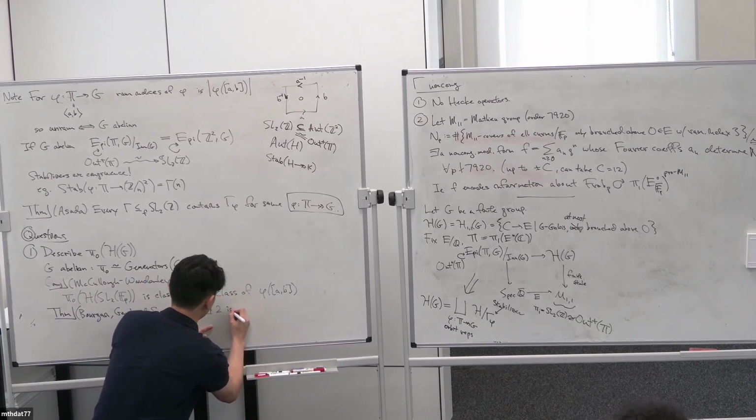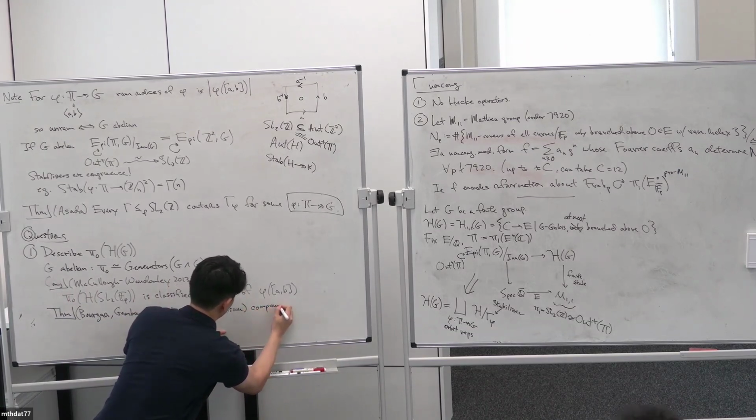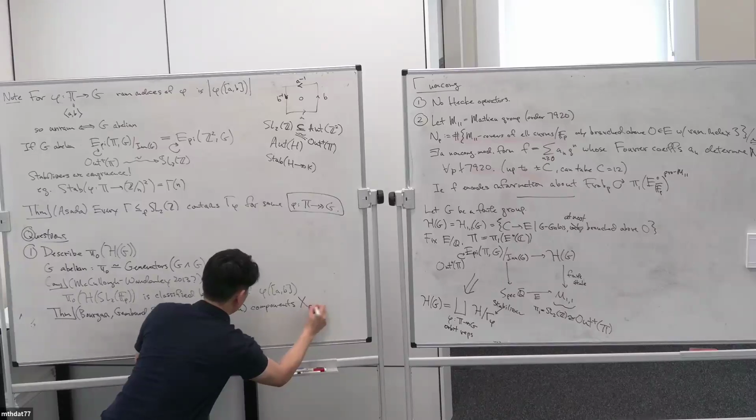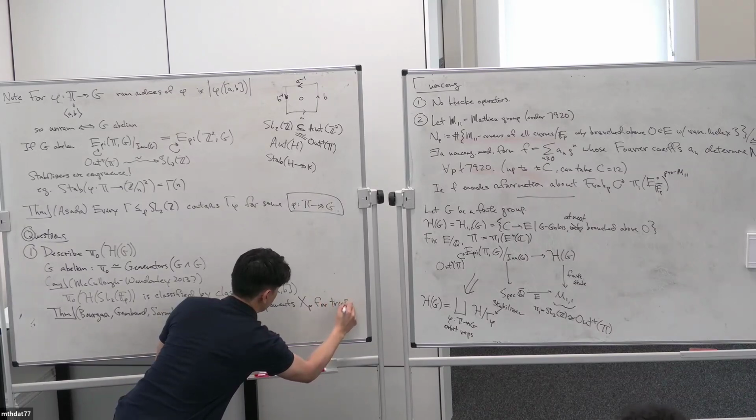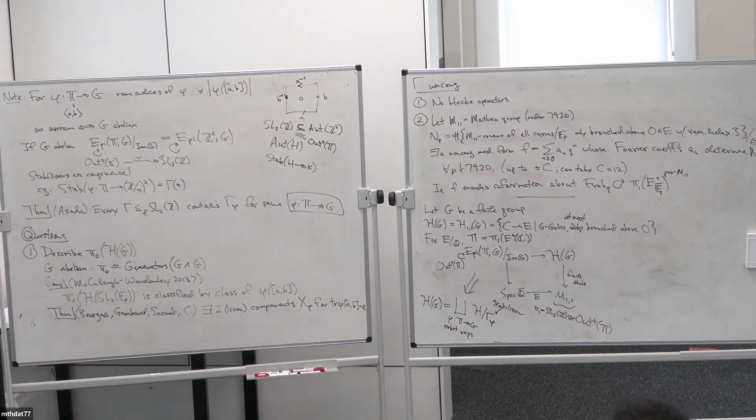So there exists exactly 2 isomorphic components. Let's call them X_p for trace -2. Okay. And this theorem requires quite a lot of work. Yeah, so Bourgain, Gamburd, and Sarnak, they get you almost all the way, and then I prove something that gets you even closer to the goal. But